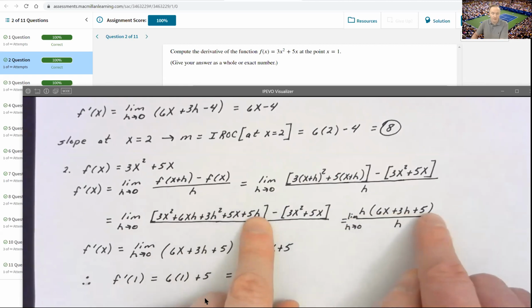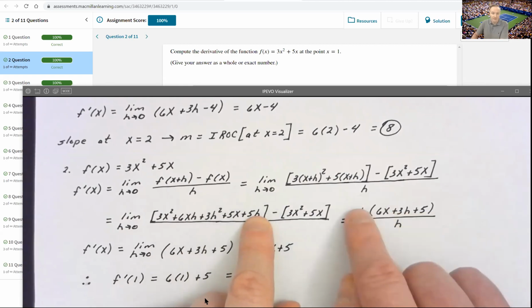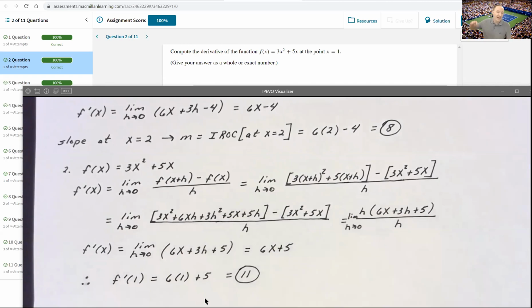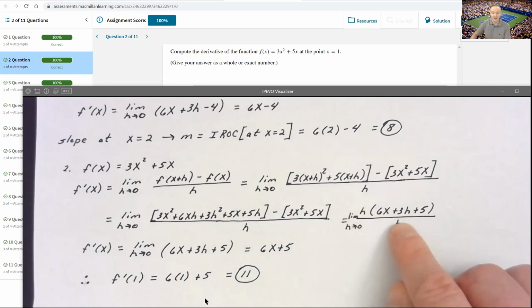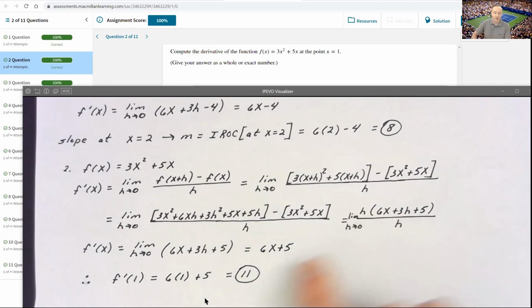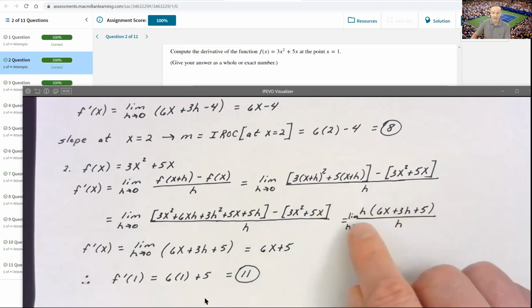That's where all 3 of those terms come from. At this point, I see the numerator is factored. I have that factor of h in the denominator that cannot remain. I can eliminate h in this step. And I have left over the derivative with respect to x is equal to the limit as h approaches 0,